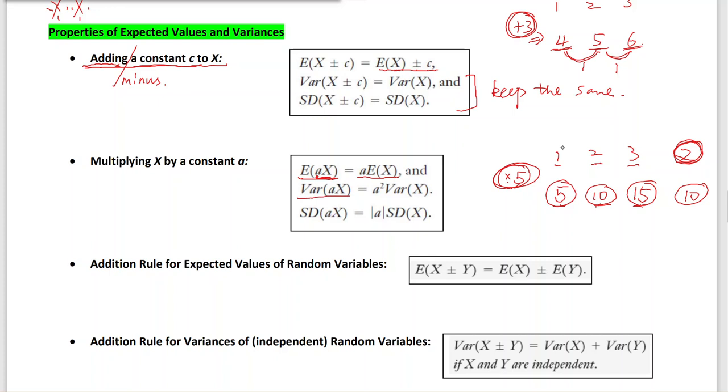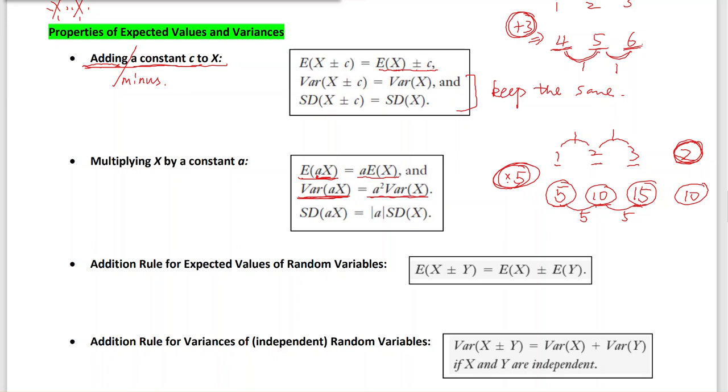Right, we say the original standard deviation is 1. But if you multiply by 5, your deviation will be 5, right? So now the spread of these values is much larger than the original data set. So the variance of AX will be A squared times the variance of X,